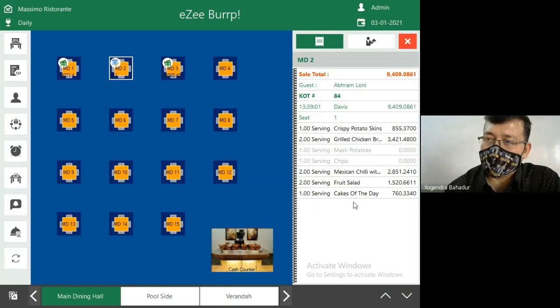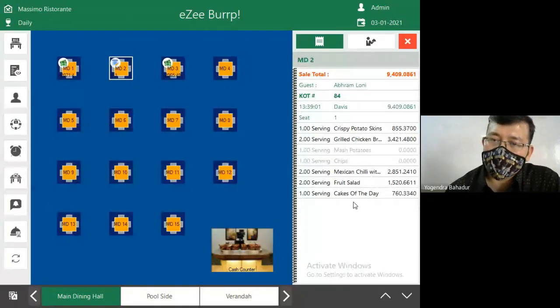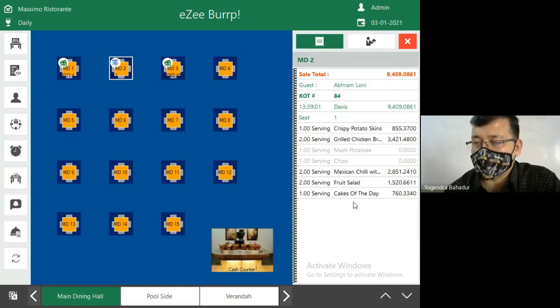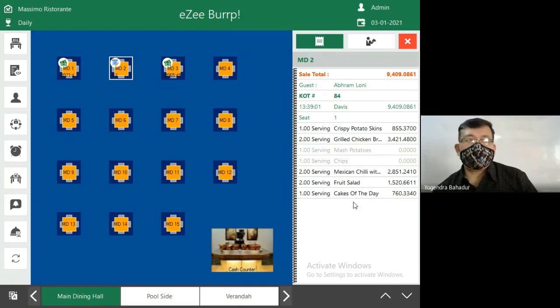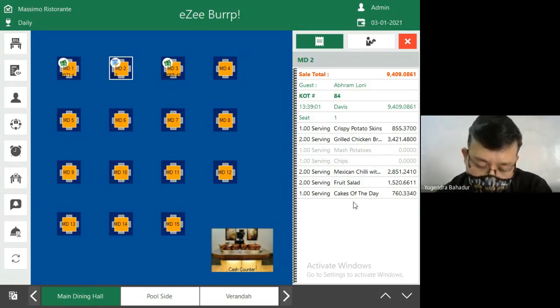Here, modification basically means any kind of change in preparations. I've been talking about the main course. For that particular preparation, if the guest wants to have it more spicy, then while placing that order, we have to go to the modifier and modify the order. It is called modifier, or in some of the POS systems, it is called preparation. While selecting the preparations, we have to change the requirement of the preparation according to the preference of the guest. So till this point, we have learned a lot.